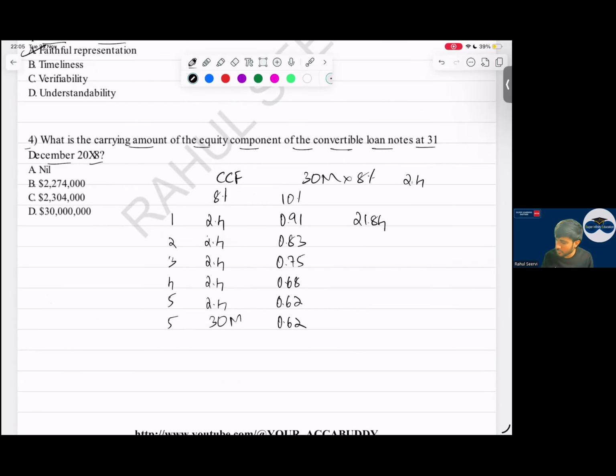2.184, 0.83 into 2.4 is 1.992, 0.75 into 2.4 is 1.8, 0.68 into 2.4 is 1.632,